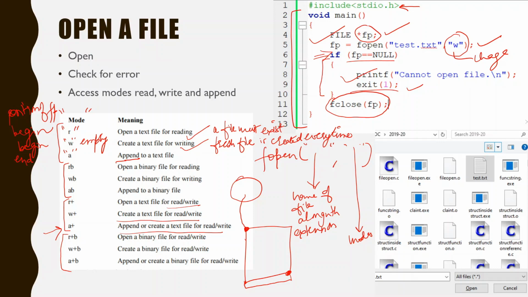In this way, you can create a file, store the data in the file, and next time the file would be available in the secondary storage. You can see that this file test.txt is created with the help of write mode, and it is located over here, right? And this text file can be used for upcoming programs, or even the same program can use the previously stored data for a different purpose next time.